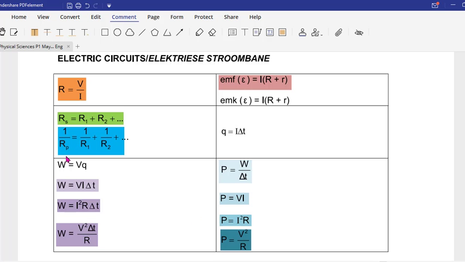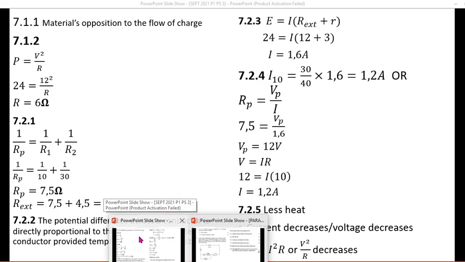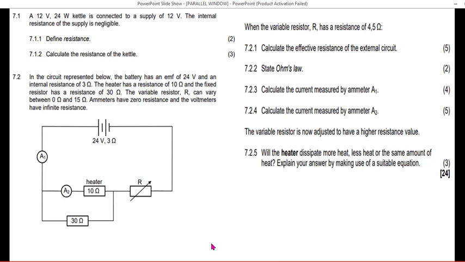1 over R parallel is equal to 1 over R1 plus 1 over R2. Here, since we have only 2 resistors in parallel, we only use the formula like this: 1 over Rp is equal to 1 over R1 plus 1 over R2. And then 1 over R parallel, the 2 resistors in parallel are the 10 ohm and then